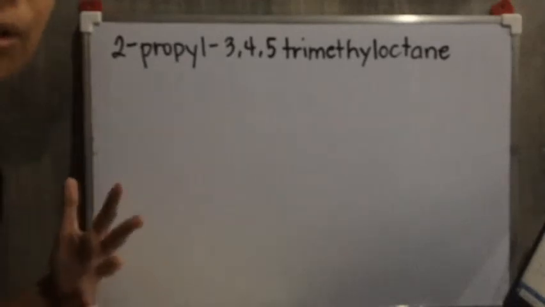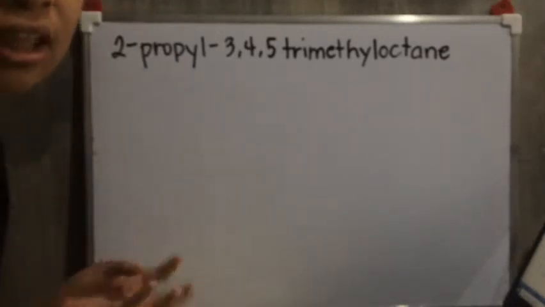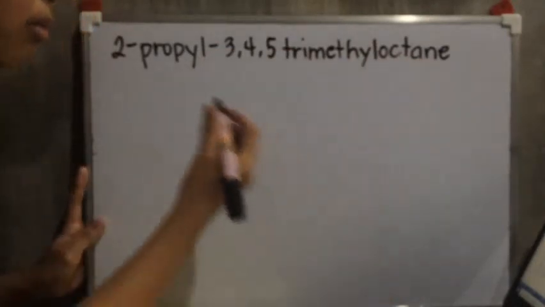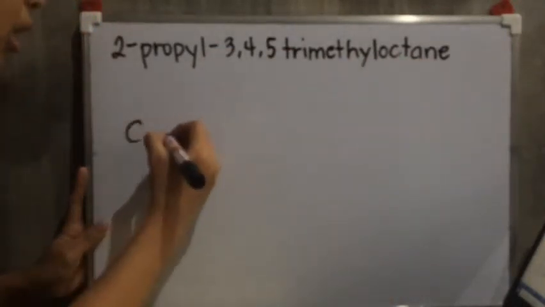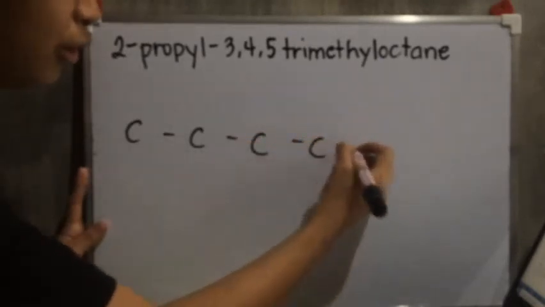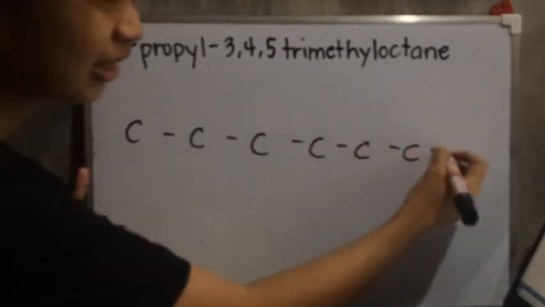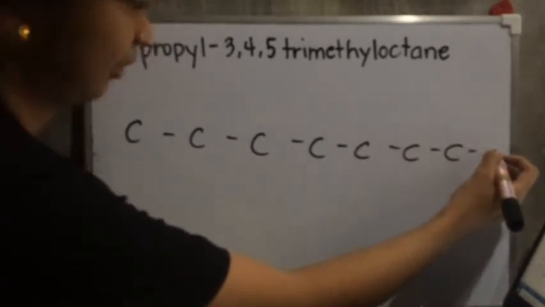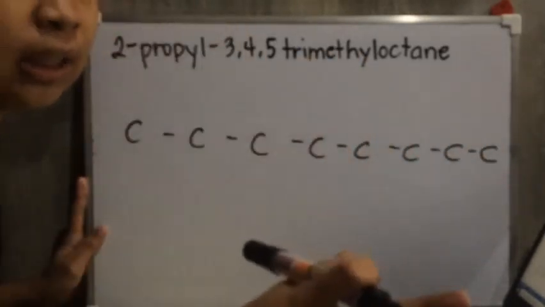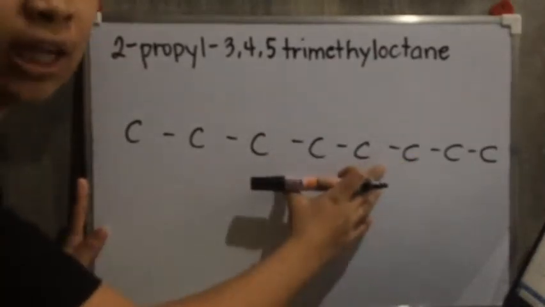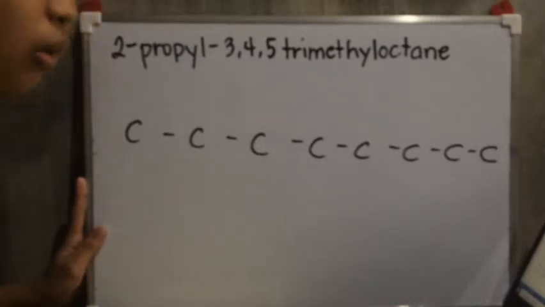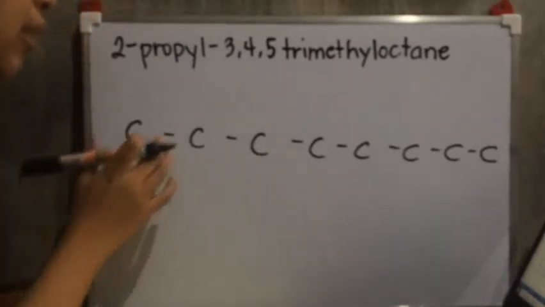First, ang i-construct natin, yung parent chain muna. Octane siya, so 8 carbons. 1, 2, 3, 4, 5, 6, 7, 8. Ayan, nagkasya naman siya. Ganun muna yung technique. Kunin nyo muna yung parent chain, and then wag nyo muna siyang lalagyan ng hydrogen. Okay? Next is, eto,